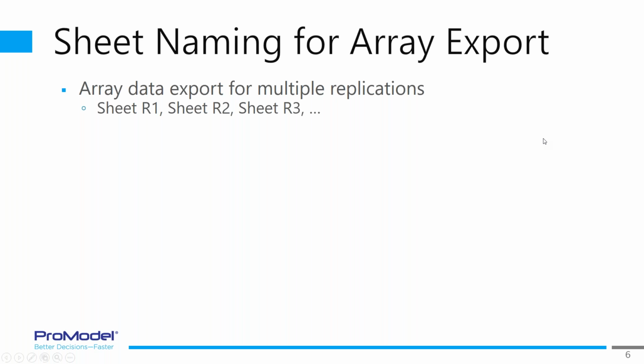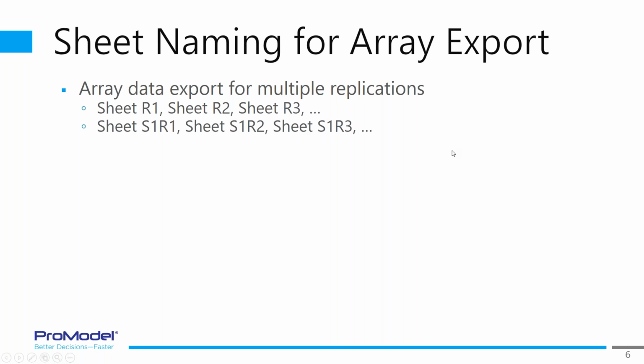Now, when you do that, because you can have lots of data depending on how many replications you run, whatever sheet you're exporting to gets a suffix added to its name based on the replication number. We try to keep it small because Excel has a limited number of characters you can use for the sheet name. So in Process Simulator, replication 1 is just called R1, or R2, R3, depending on how many you have,